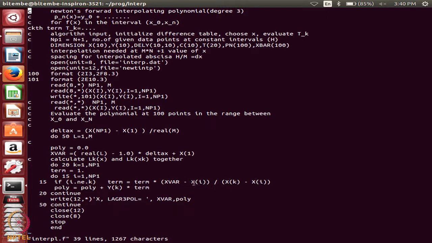When I add all the terms, it will be yk into lkx divided by lkxk. This is exactly the same as the formula I have shown. So, this is my Lagrange interpolating polynomial, it will calculate in exactly the same way. This program is available to you, I want you to practice it.